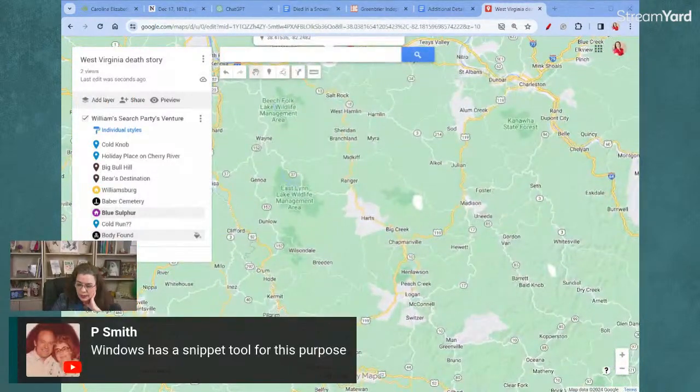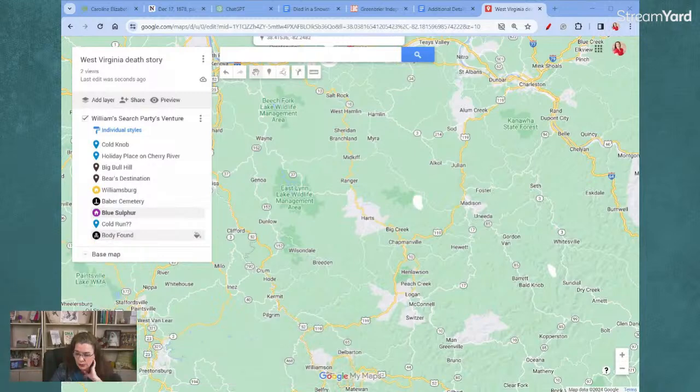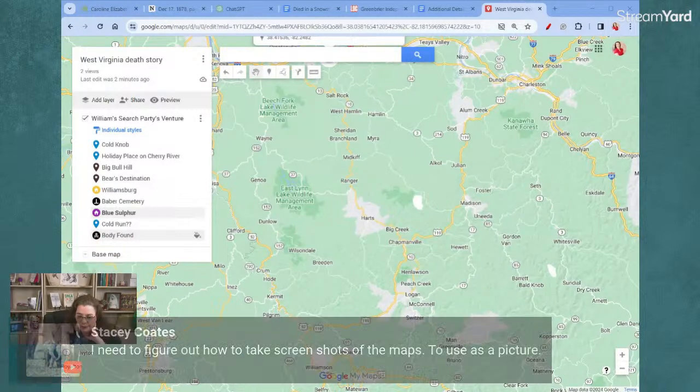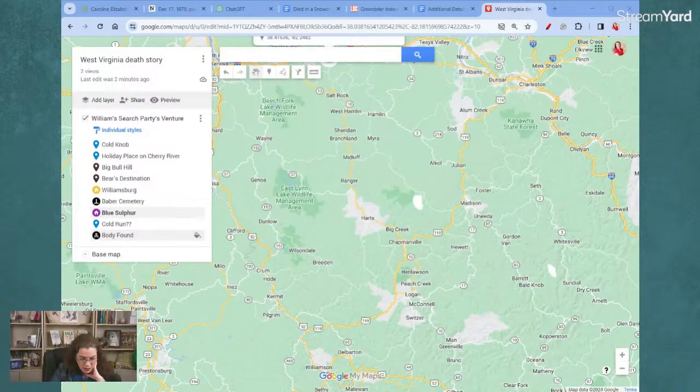It has a snippet tool. For what purpose? Remind me what purpose, the snippet tool. Oh, I need to figure out how to take screenshots of maps. Oh, that's easy. Now, it's easy if you have... oh, I see what you're saying. Paul, you were answering Stacy. So yes, there is a